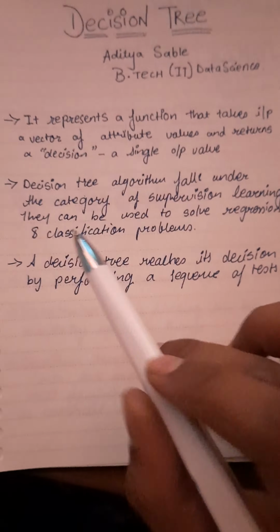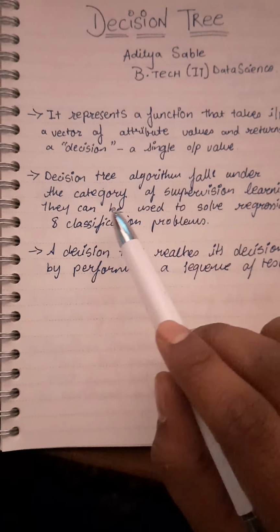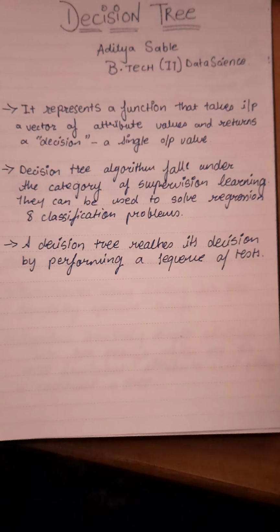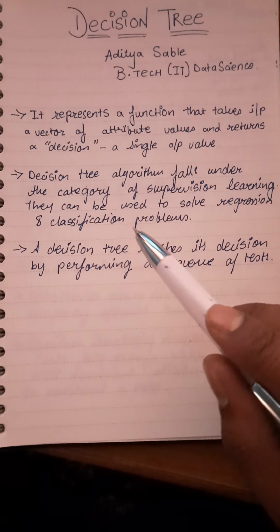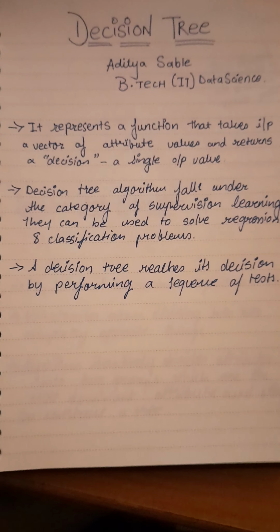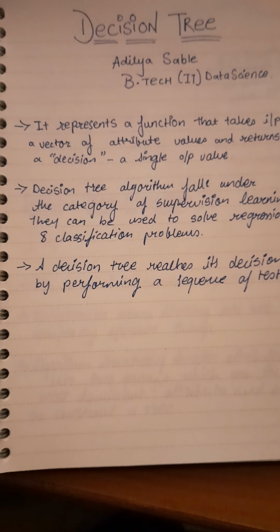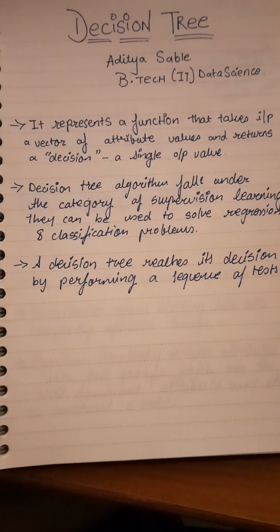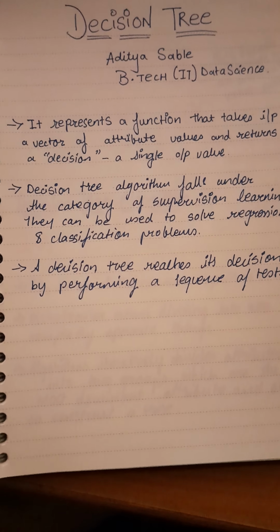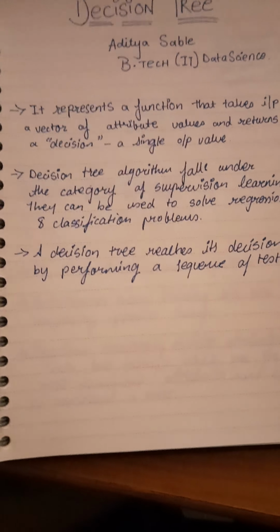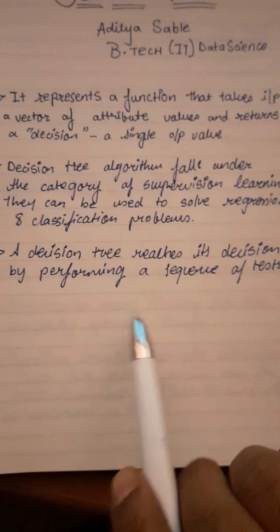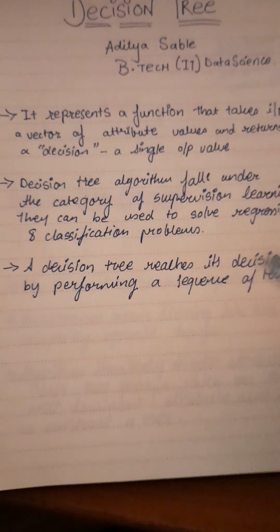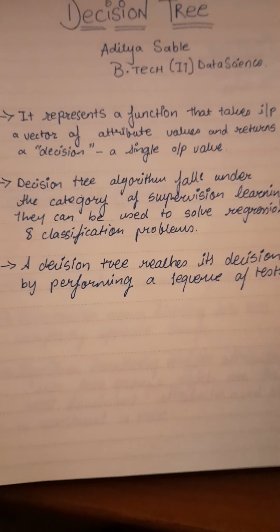The next point is decision tree algorithms fall under the category of supervised learning. They can be used to solve regression and classification problems. So this means just like inductive learning, the decision tree uses supervised learning. Okay, now we go to the next point. A decision tree reaches its decision by performing a sequence of tests. So for example,